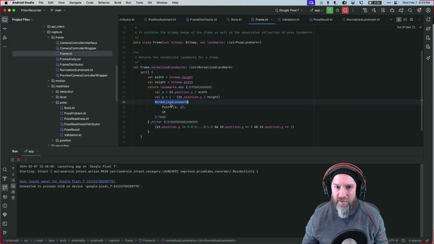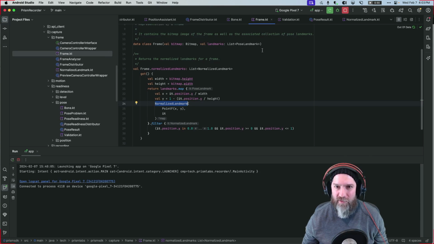Yes, this is constructing normalized landmarks. But what is frame? Frame doesn't have normalized landmarks. This is our problem. Yeah, you have to do all that up a level where the frame is constructed, unless you want to re-loop over and just generate new frames. We have to have a new normalized frame or